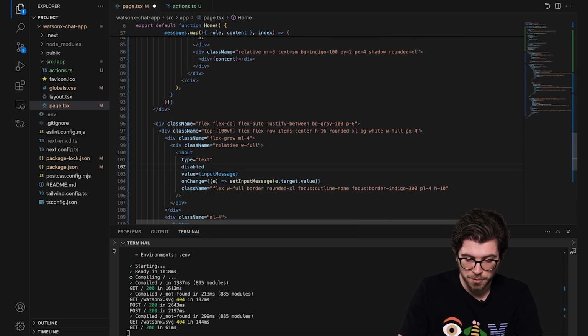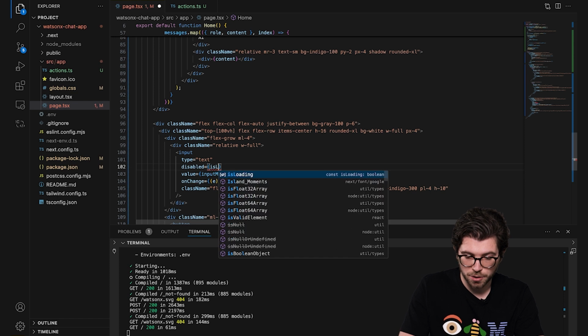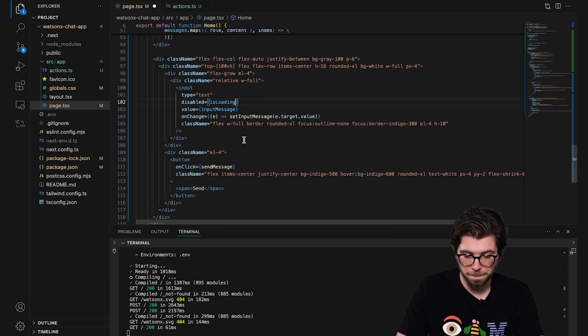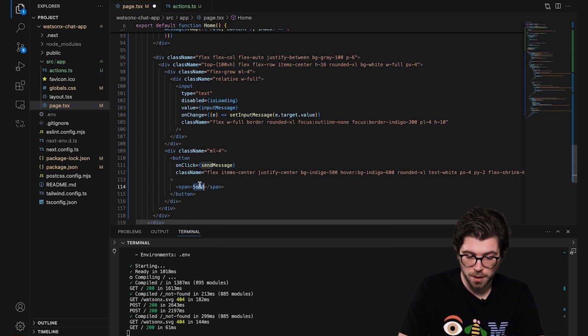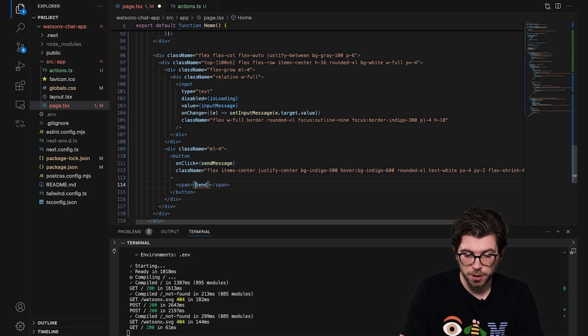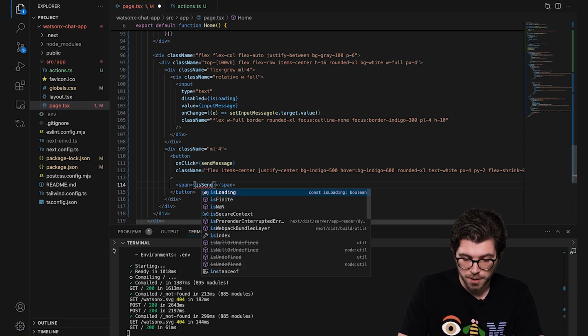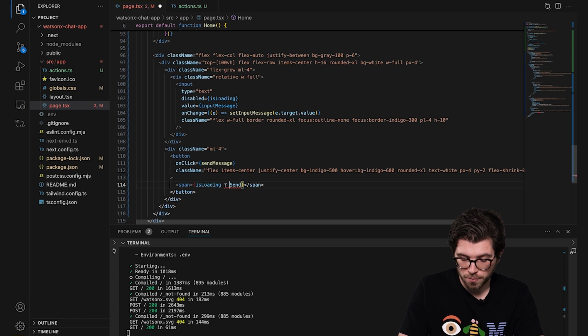So I can set a disabled tag here and make sure this is looking at isLoading. And then on our button, we can also make sure we show a small loading indicator so you know something is happening in the background. If the application is loading, we want to set this to loading with 3 dots. Otherwise, the label for the button should still be send.